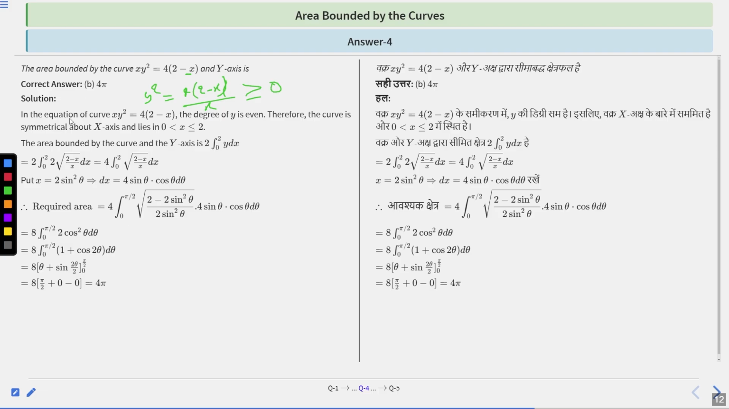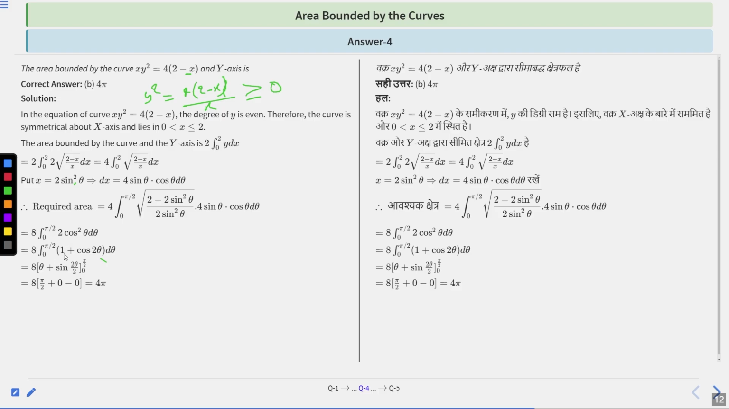Because we have taken x equal to 2 sine square theta, when x is 0, theta is 0. And when x is 2, theta is pi by 2 because sine theta is 1. Therefore, the required area is 4 times integration of 0 to pi by 2 root over, by putting the value of x as 2 sine square theta, 2 minus 2 sine square theta upon 2 sine square theta, into dx as 4 sine theta cos theta d theta. Therefore, the required area is 8 times integration of 0 to pi by 2 cos square theta d theta,